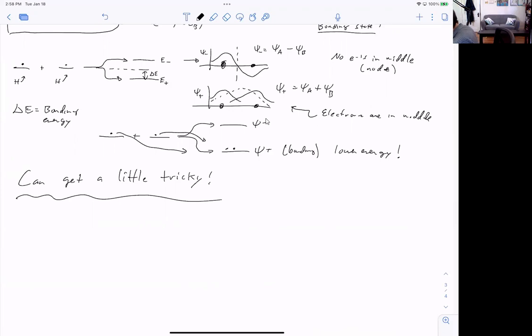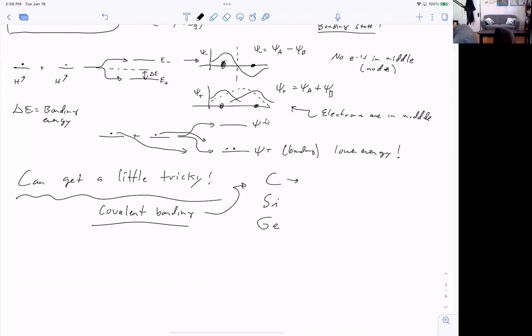So, for example, some materials that are held together covalently are carbon, silicon, and germanium. And to understand what is going on for these materials, it can be a little tricky because